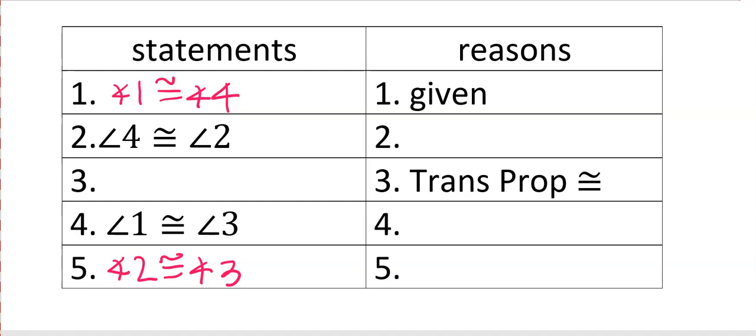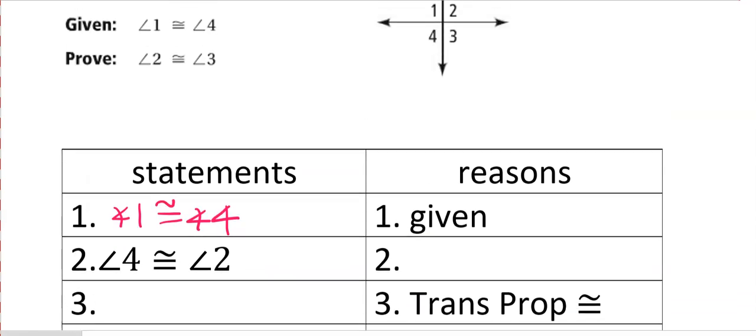So even if you didn't know a single thing about this proof, you would already have 2. And you don't even have to know anything about it. Okay, the reason for number 5 is not proof. We have to figure that out. But sometimes you can figure things out by just looking at them. So when you look at the picture,